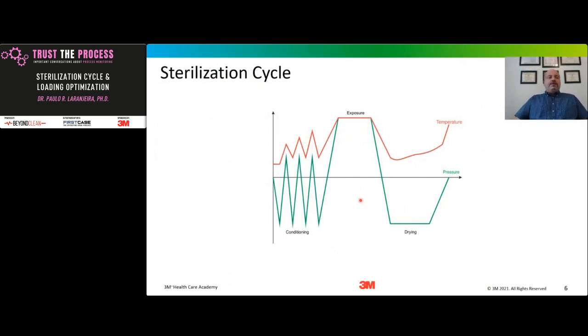So the sterilization cycle, as all of you know, and this is just going back to the basics to make sure we comprehend, I divide it into 3 phases: conditioning phase, exposure phase, and drying phase. In the conditioning phase, I'm going to remove the air from inside of the inner chamber and inject the steam to warm up the load. So I have to remove air and warm up the load. Exposure, I'm going to inactivate the spores, and then at the drying phase, I'm going to make sure that my loads are dry.